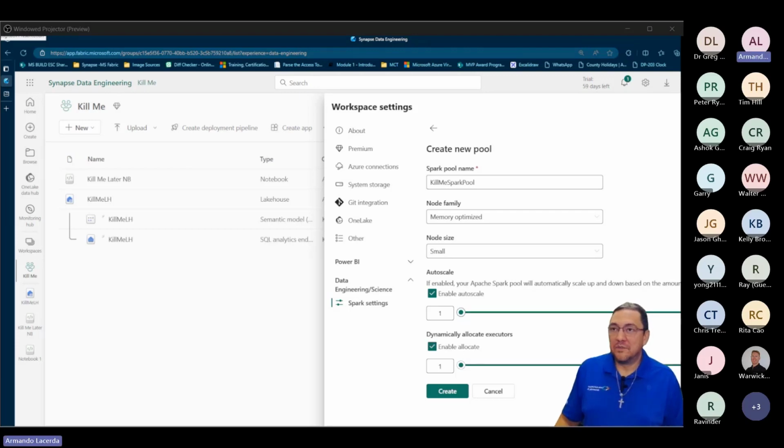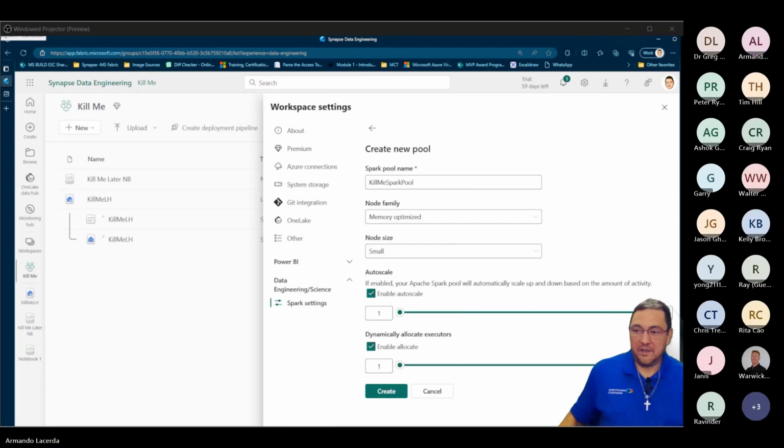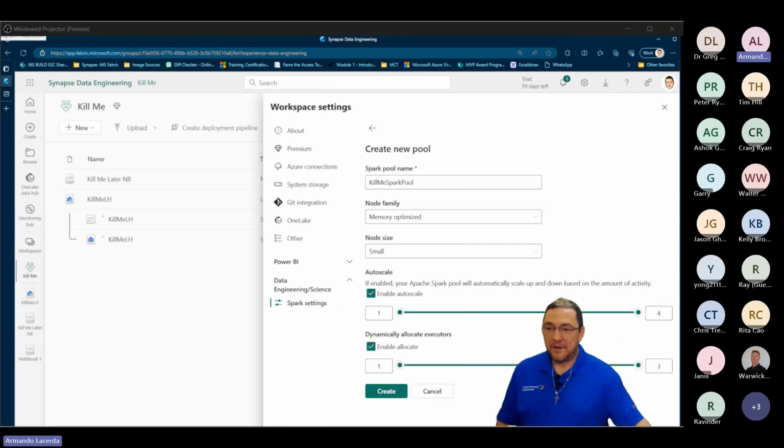So Armando, you are, oh, actually it's cutting off a little. Let me do a little resizing here so you guys can see. There we go. Let me get out of the way. So Armando, you are on 4, right? It's just 4 over here. Is the Spark limited to just 4? Is that the amount of nodes I can have on a cluster?